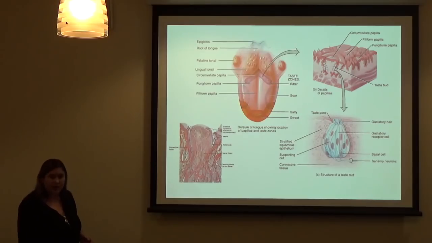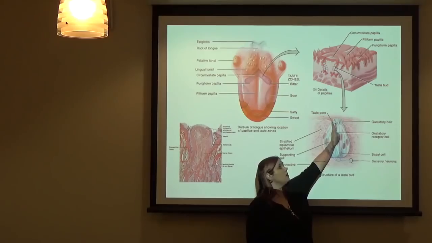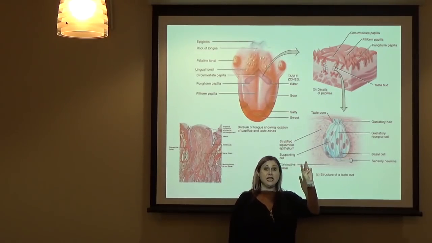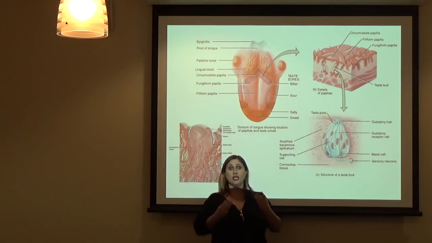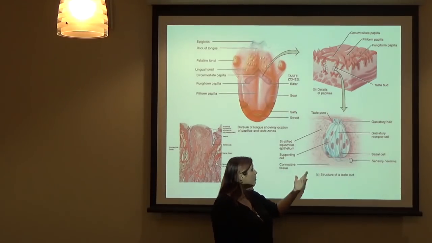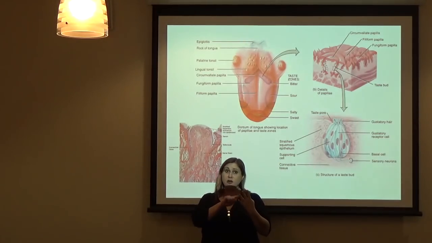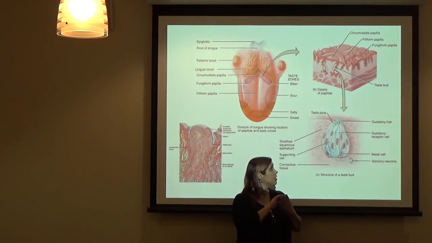So at the very tips of your taste receptor cells are little microvilli. Okay, little cilia, little hair-like extensions. So they call them a lot of different things. They'll call them microvilli, that just means little tiny finger-like projections. Or cilia, you know, again, just little projections. So gustatory hair, however you want to call it. It's very similar to the stereocilia on auditory hair cells, okay? So kind of similar in structure.